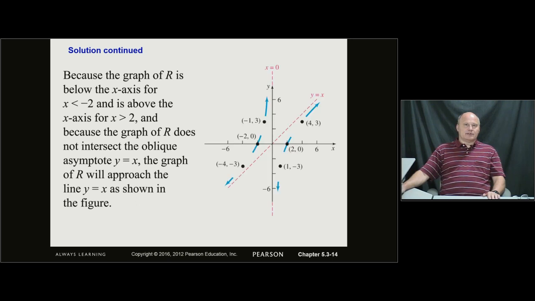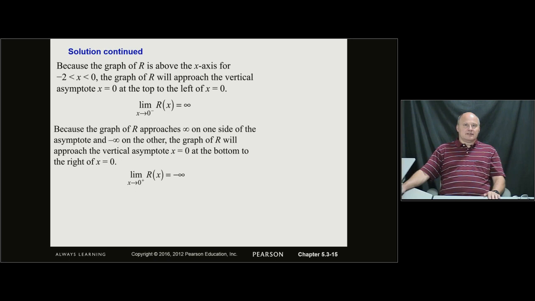So there are the breadcrumbs. Because the graph of R is below the x-axis, they're basically saying this is your breadcrumbs. This is the way you follow the graph around through those points. And this is basically telling you the Kolbe rule: one side is positive, one side is negative on 0. So that's this slide right here. I will describe this in one word, Kolbe. Basically, they're saying it's positive infinity on one side, negative infinity on the other side. And you know which one based on